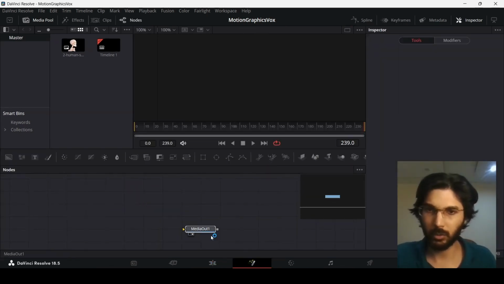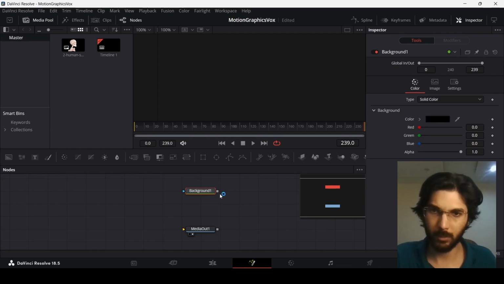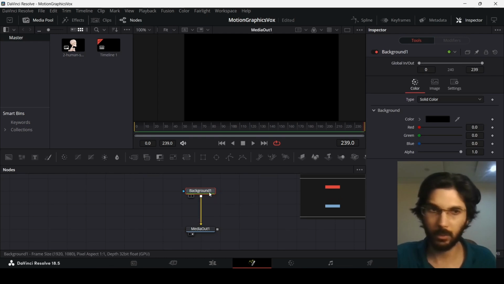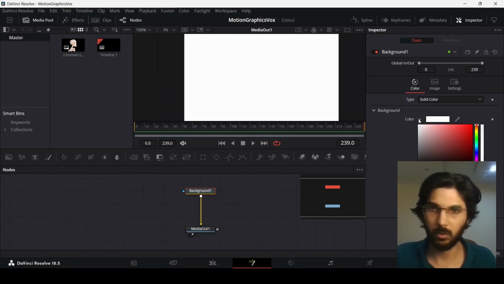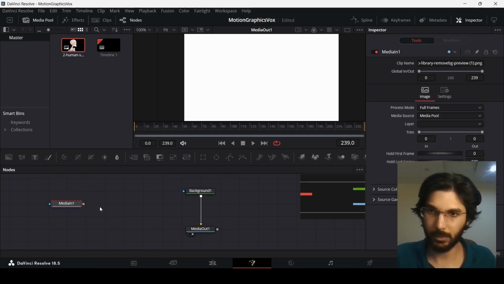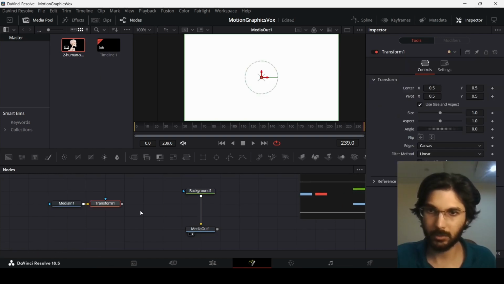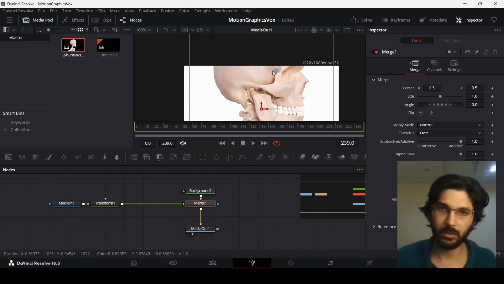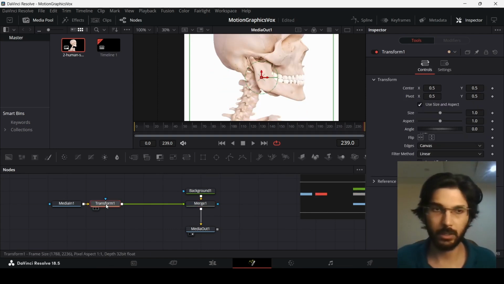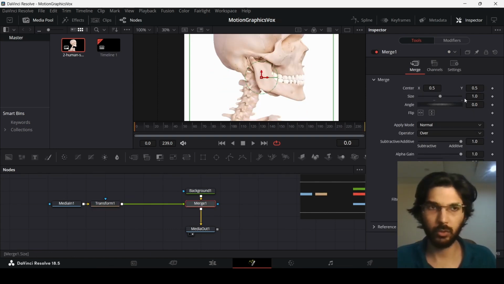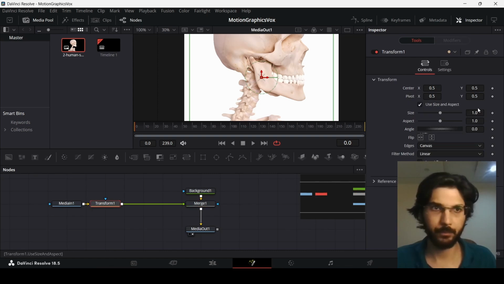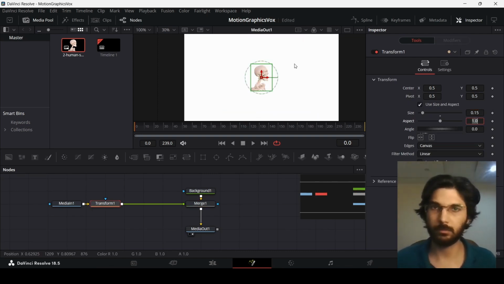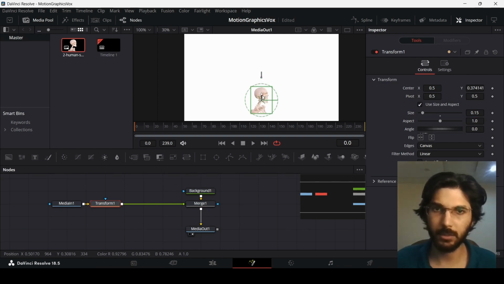And over here, we're going to add a background, connect the background to the media out, and change the color to white. Now let's drag in our image and add this transform node and also connect this to the background. So here you can see our image is quite large over here. So I'm going to go ahead with 0.15. So this is the size of the image that I'm using,